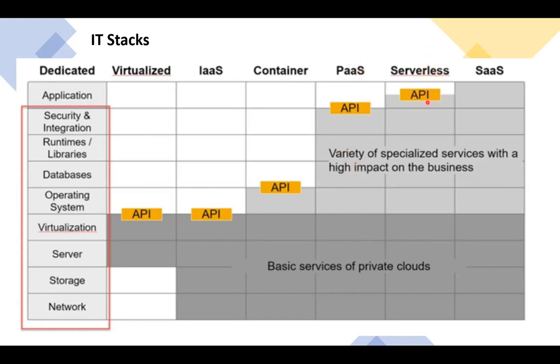And next, serverless. So this serverless is partial applications. If you see, it has been cut down halfway through the application layer. So here we can deploy applications. If the customer doesn't want to deploy any application, he can just use that as a platform as a service. So in this serverless,